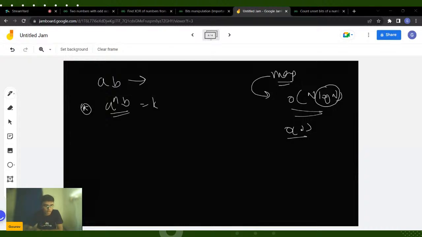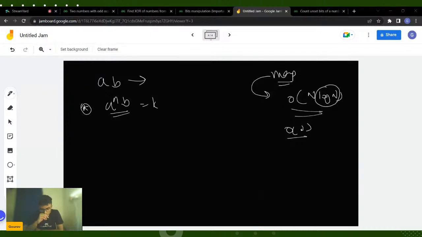Yeah. So what I want you all to think is basically, let's say that you XORed all the numbers and you got a value k which is equal to a XOR b. Now, what will the conditions be for k to have a set bit? Let's say a particular bit is set in k. It means that it is set in either a or b. It cannot be set in both.